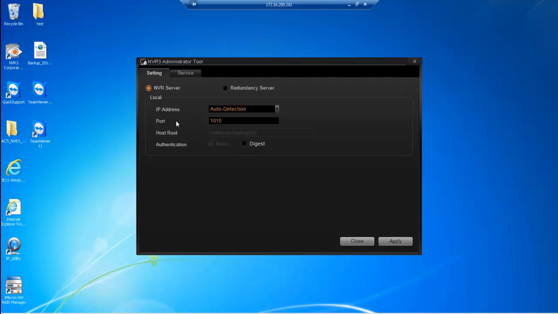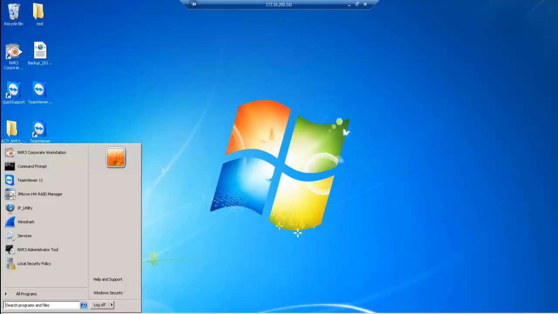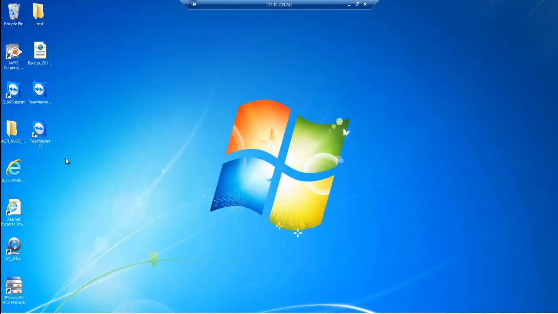However, we don't recommend using port 80 as it is a commonly used and commonly blocked port. If on your Windows systems, such as your GNR or your INR, you are ever unable to connect from a workstation client PC on the same local network as the server, what you want to do is to check the firewall. So on your actual server, you come into the Start menu, search for the word firewall, click on Windows Firewall with Advanced Security,